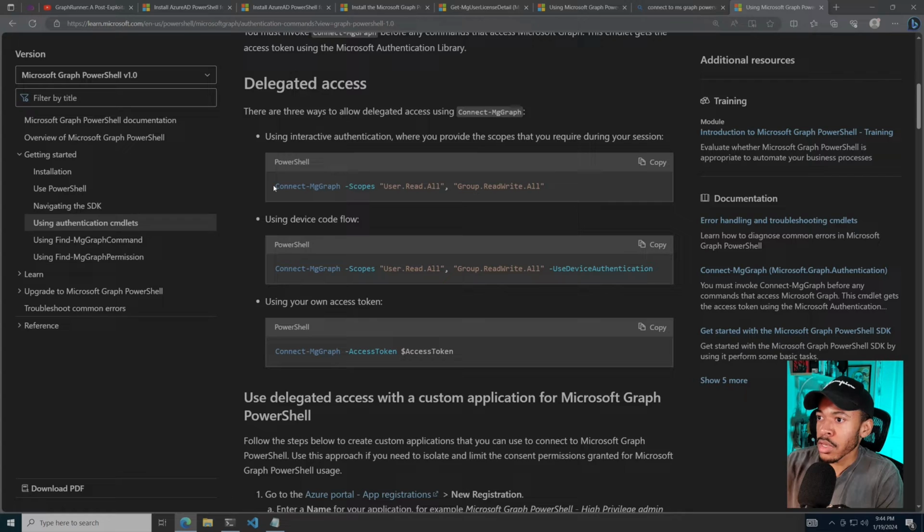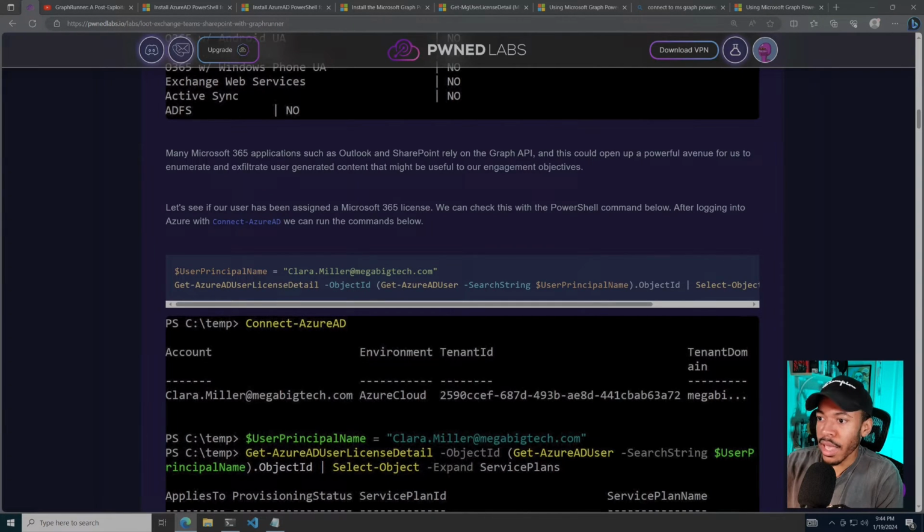Yeah, exactly. So to connect, we need the permission scopes for the command that we are trying to run. So the command that we're trying to run is this Get-AzureADUserLicenseDetail, and